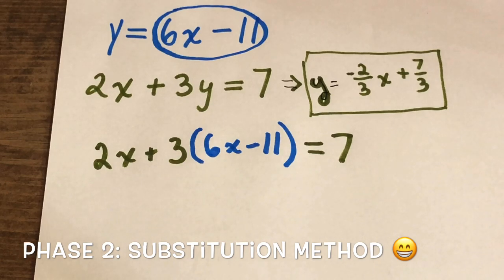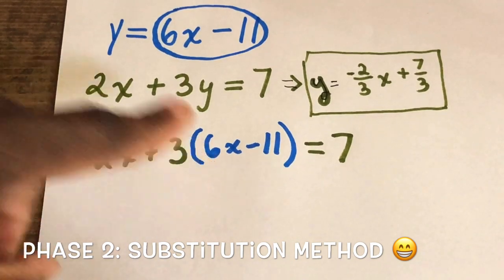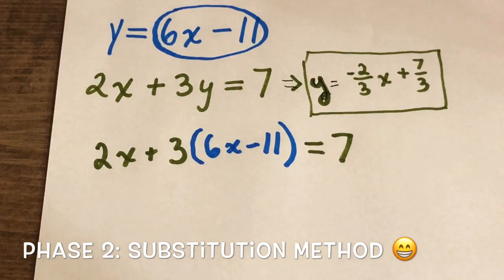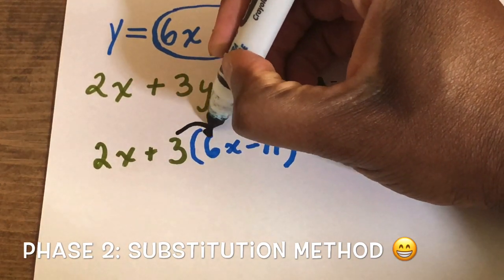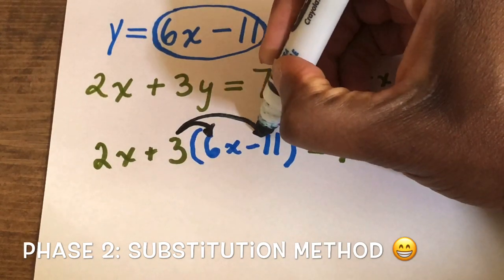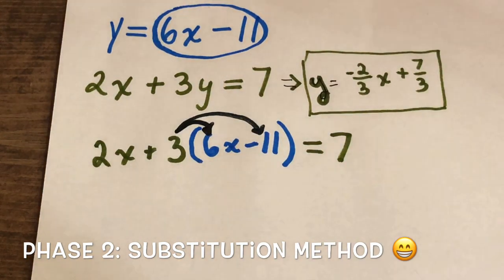But before we do that, as our step 2, we're going to solve the equation. So step 1, we did the substitution. Step 2, we're now going to solve the equation. Remember, to solve the equation, I see the distributive property in here. So we start with the distributive property first. Meaning I do 3 times 6x and 3 times 11. Or if you want to, you can say 3 times the negative 11, right? So when I do the math here, I'm going to get